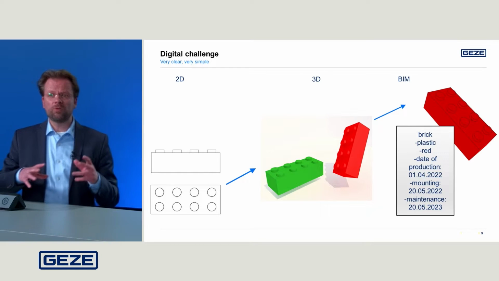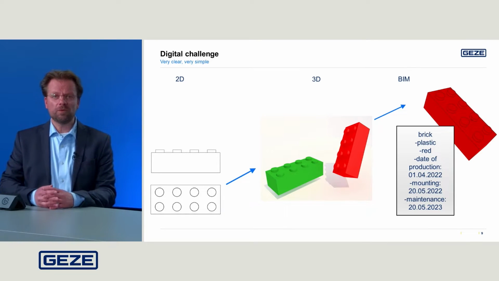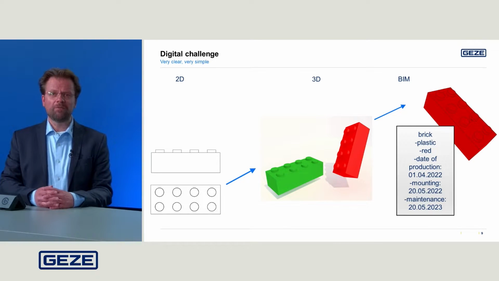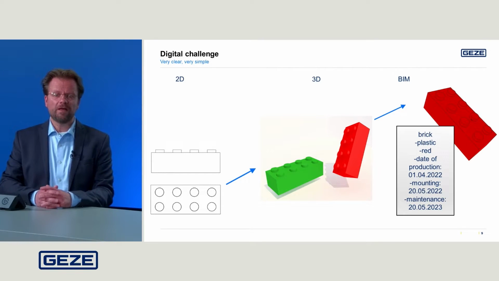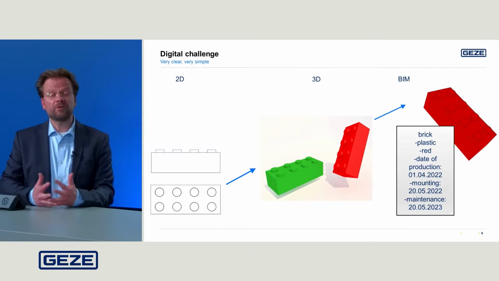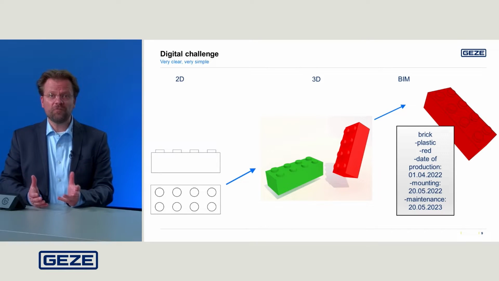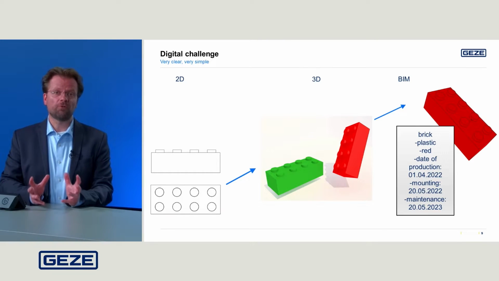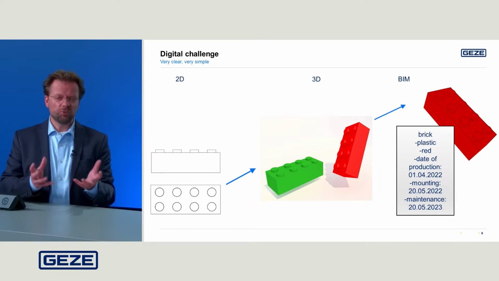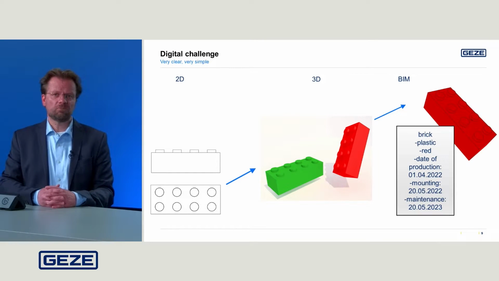But when we talk about what is BIM, what is the fuss all about, then we have to understand the very, very simple thing that BIM is all about data. It's all about information. We have here on the left side the thing we are doing right now. We are drawing, we are sketching, we are doing 2D planning. This is, well, normal for me as an architect.